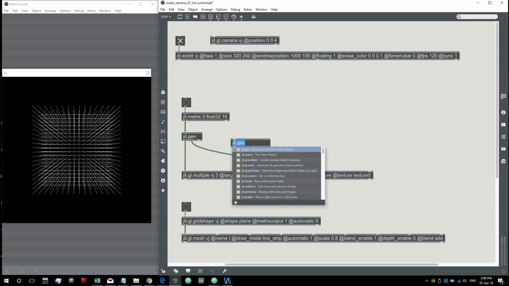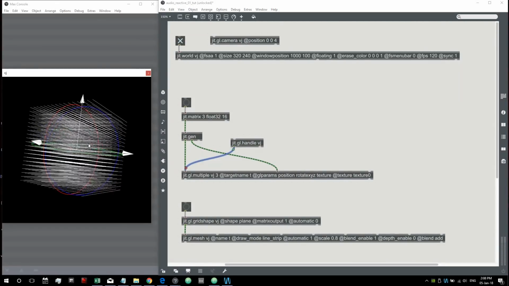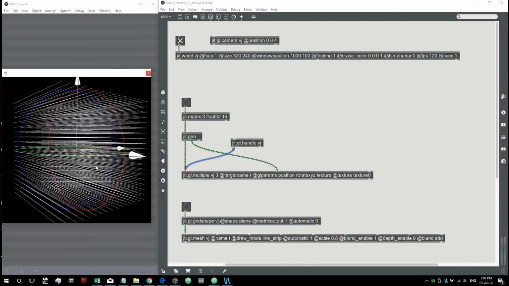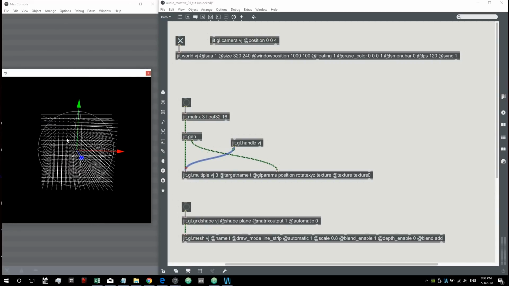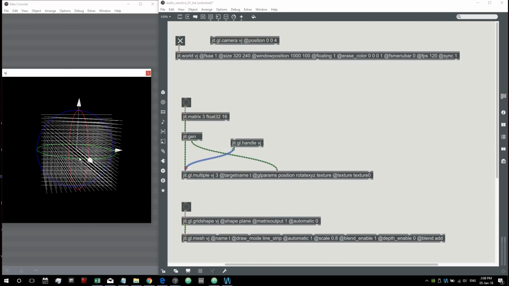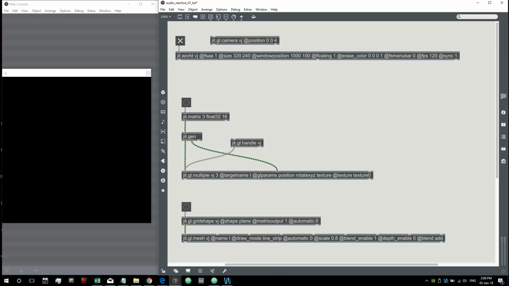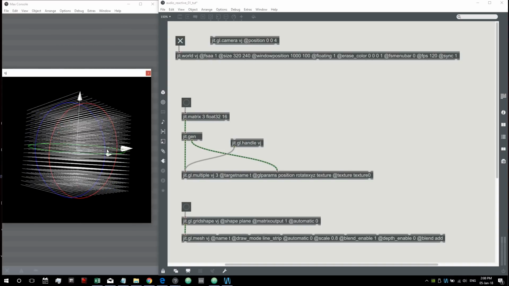shape. Let me actually create a GGL handle to the multiple object so we can rotate it, and this is what we have got. So it's actually okay, but I would like that our original object is still drawn because we didn't set the automatic back to 0. So let's do this, and then let's bang again this grid shape. Okay, so now we have our